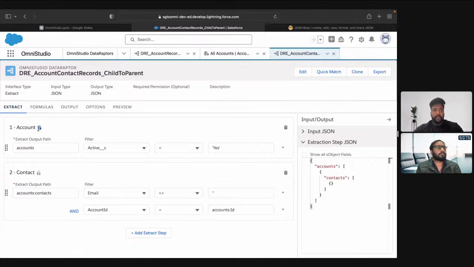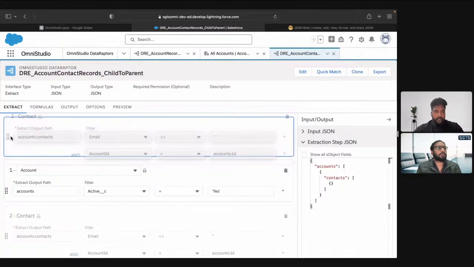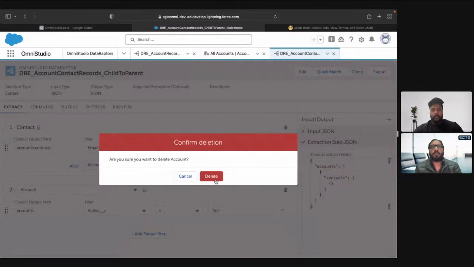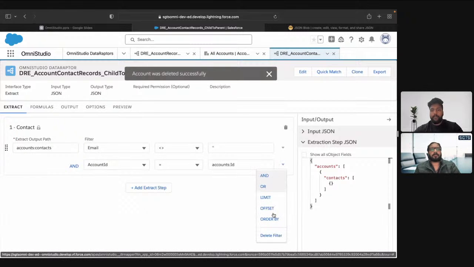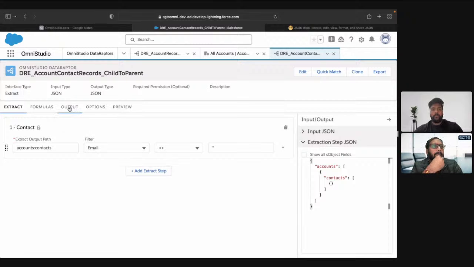So here we will replace it. What we're gonna do is we're gonna do this one only. When we are going from child to parent, you don't need to query the account records or the parent records. Through the child only, we will be able to fetch the parent information. So I'm gonna delete this filter, and in the output,